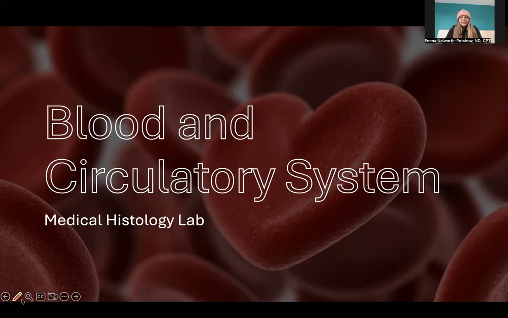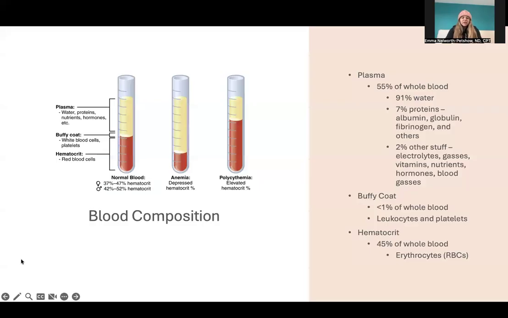Our next section is all about the blood and the circulatory system. So, first, we will look at some different types of blood cells histologically. To get an idea of what we're looking at, though, understanding blood is made up of three kind of layers,